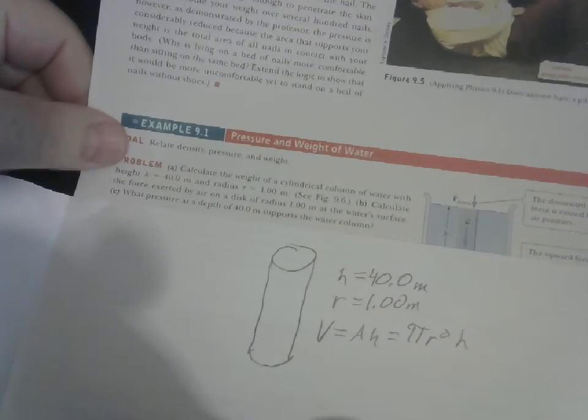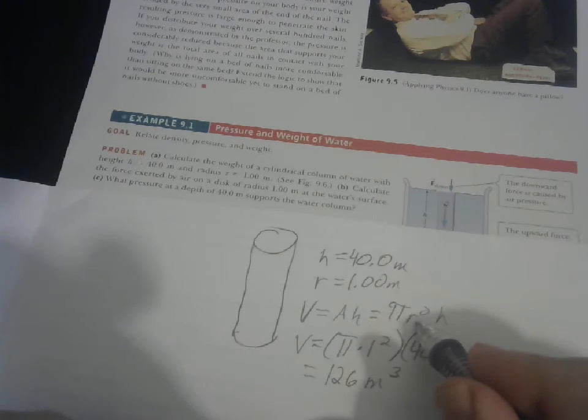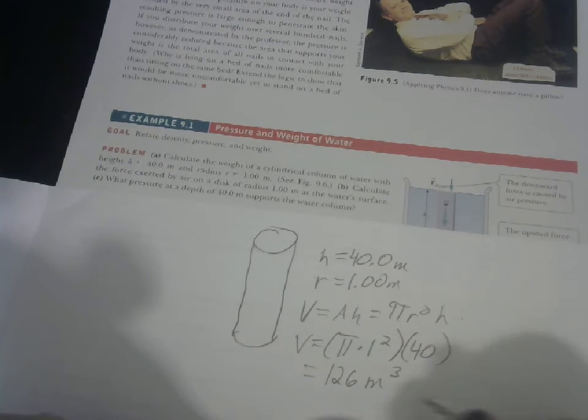So it's pi times 1 squared times 40, which is 126 meters cubed. Part B, or no, we still haven't found the weight. Okay, so